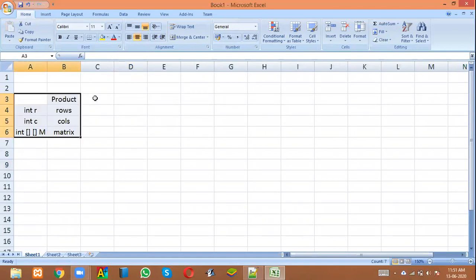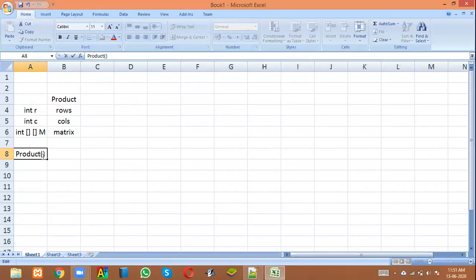Next, I'm going to have a default constructor called Product. The Product constructor is going to get two variables as input.